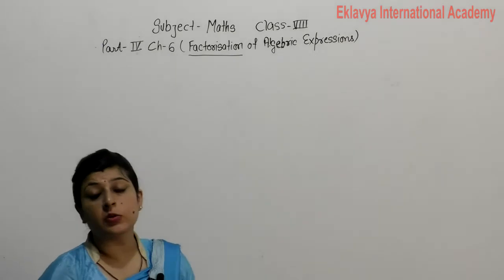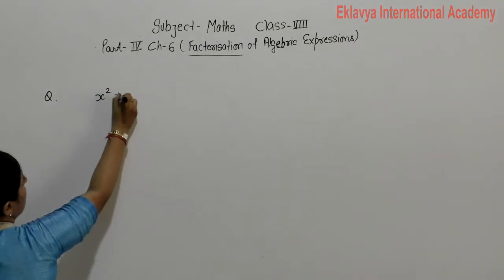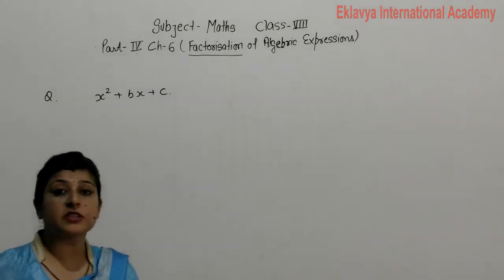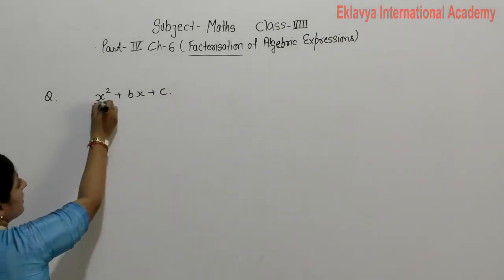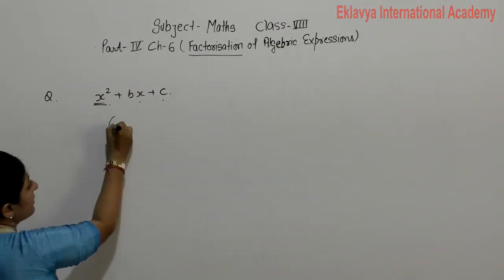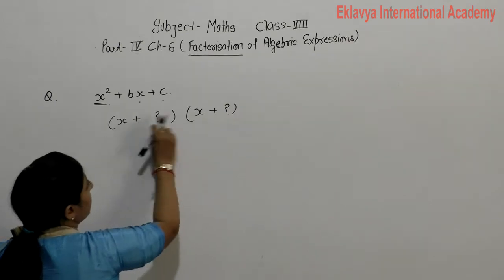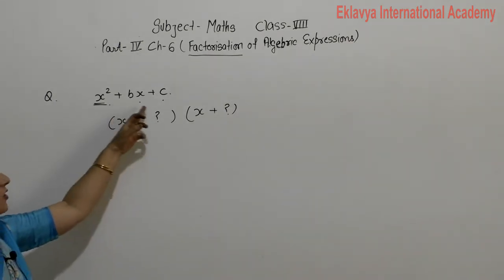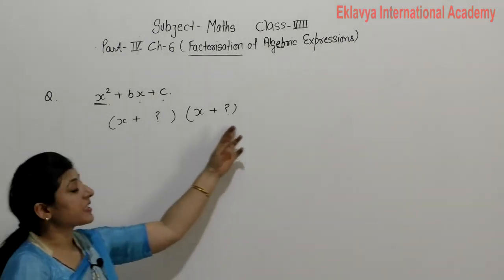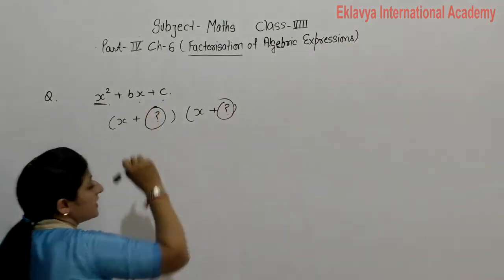Okay, now see, today we will solve the factorization of expressions of the form x square plus bx plus c. It means the first term is always the square of something. The second and third terms we will decide like this. If the first term is the square of something, you will get the factors like this. Maybe the sign is plus or minus. Here we are taking all positive, that's why I write the plus sign: x plus something, x plus something. Now how to find out the values of these terms?